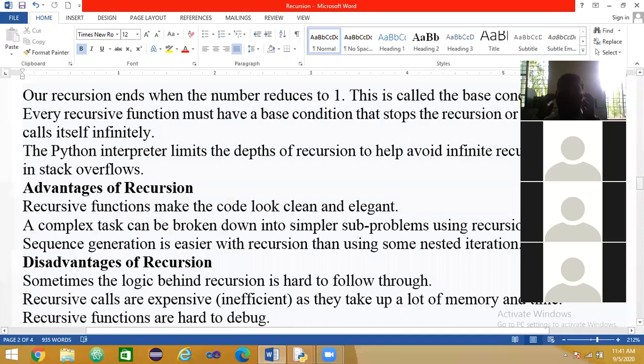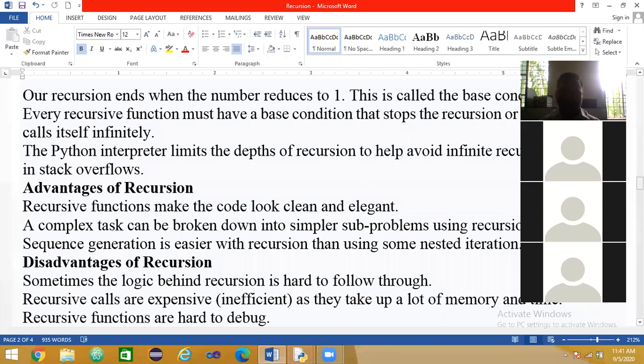There are many advantages of recursion. Some more examples and programs I will explain. Before that, I will explain the advantages of recursion. Using recursion we can break a program into small unit sub-programs, that is, a complex program can be broken into simple sub-programs.